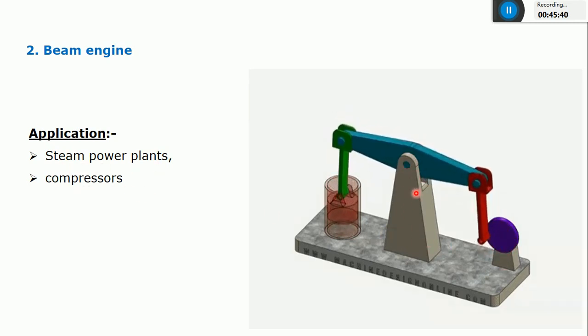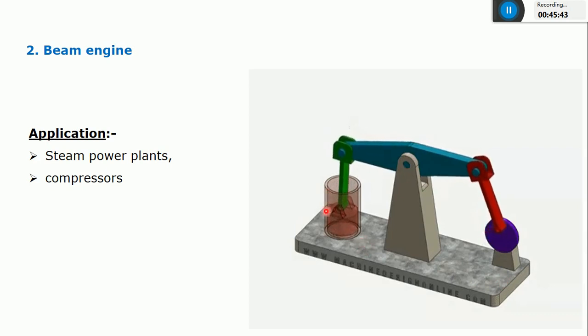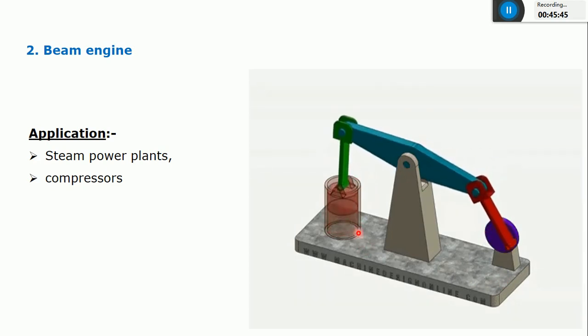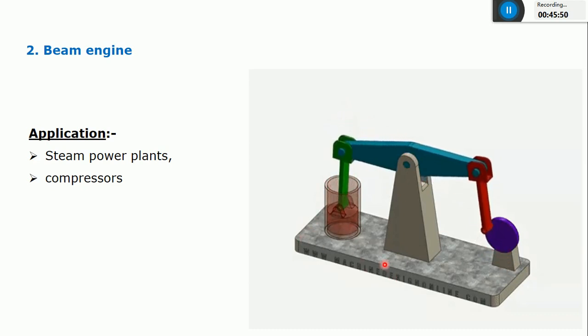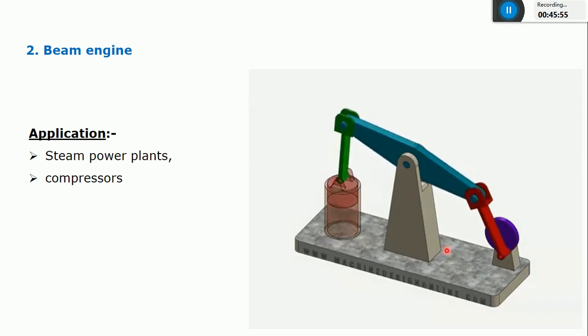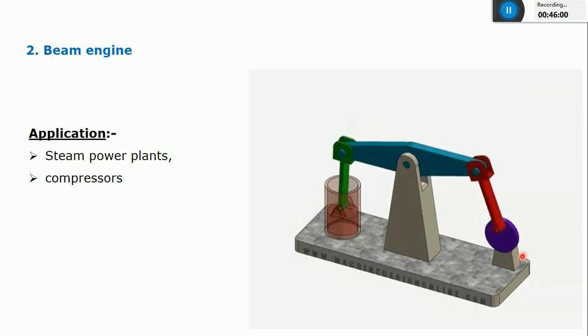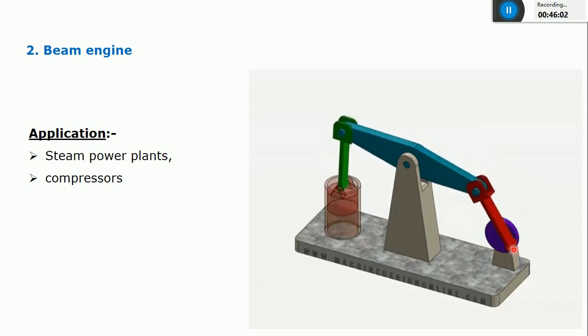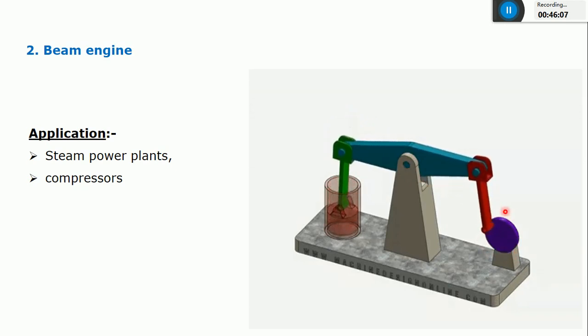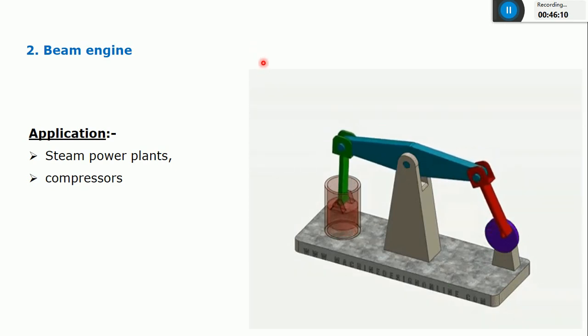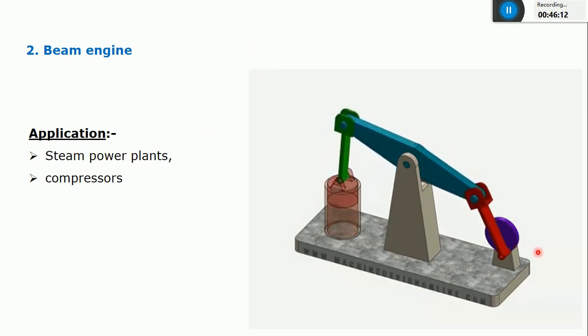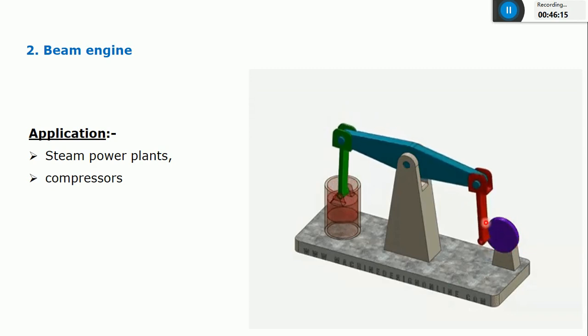You can see wherever there is a fixed part, including this cylinder, the cylinder is fixed, and this rectangular platform is also fixed. All these fixed links will be considered as a single link, including this cylinder. Only the rotating parts will be considered as separate links. You can see the blue color wheel; the wheel is nothing but a crank. While indicating, we indicate it only with a straight line, but in the previous figure the crank is in the form of a circular disc.